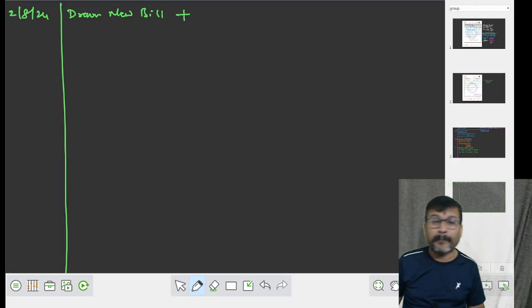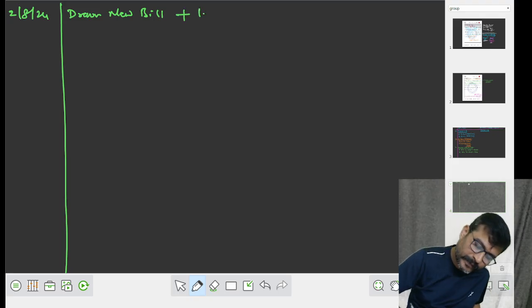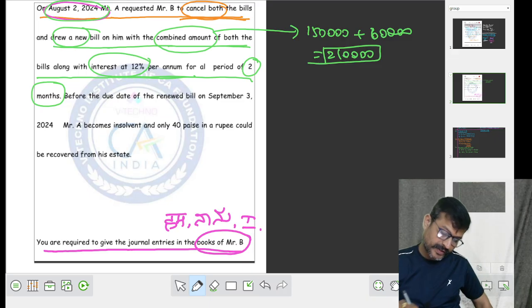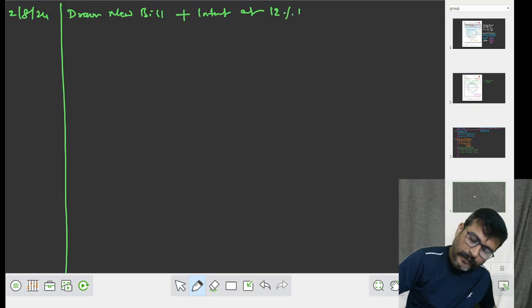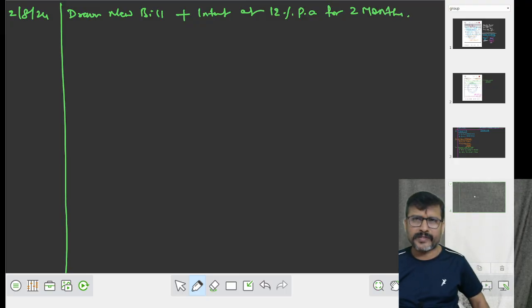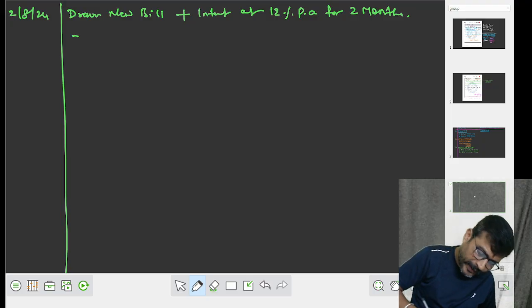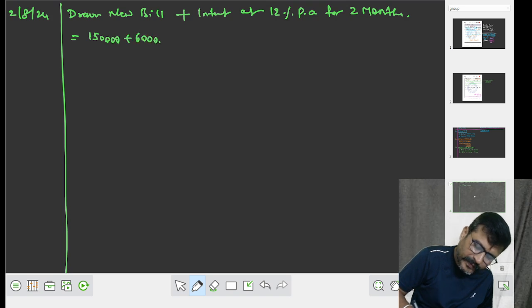Draw new bill plus interest at कितना percent? 12% per annum. For how many months? For 2 months. Now, new bill means what? पहला bill 1,50,000. Second bill is 60,000. Put together 2,10,000 हुआ. Plus